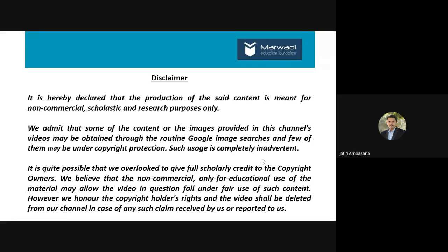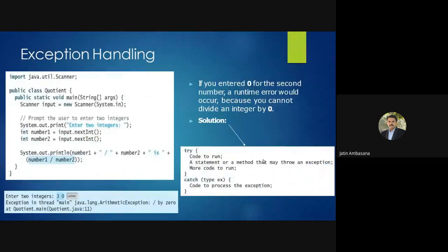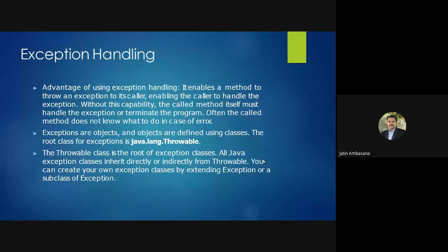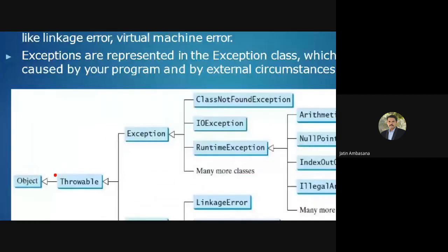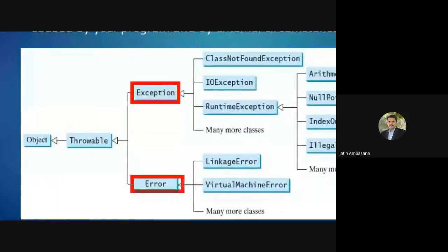Okay, so let us start. We started with exception handling. We saw what the different kinds of runtime errors are. We saw how an exception gets generated, for example, an arithmetic exception gets generated by dividing by 0. Then we saw how we can handle those exceptions, right? Then we saw the exception types, where Throwable is the main class, which inherits Object, and out of which Exceptions and Errors are there.